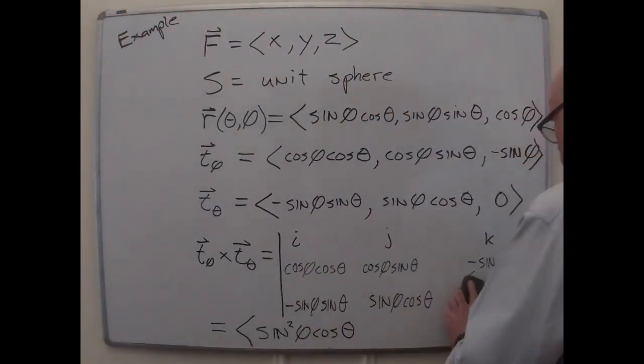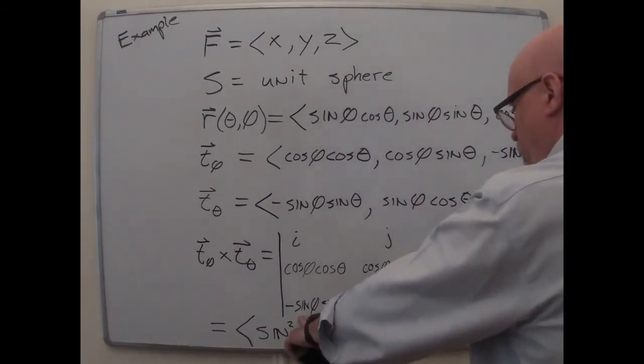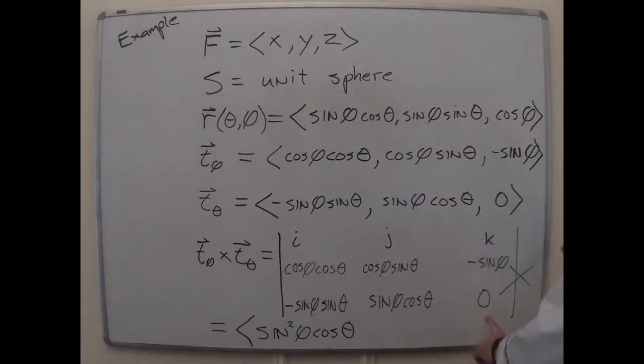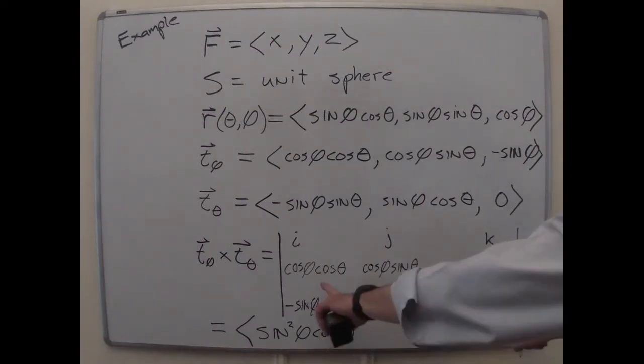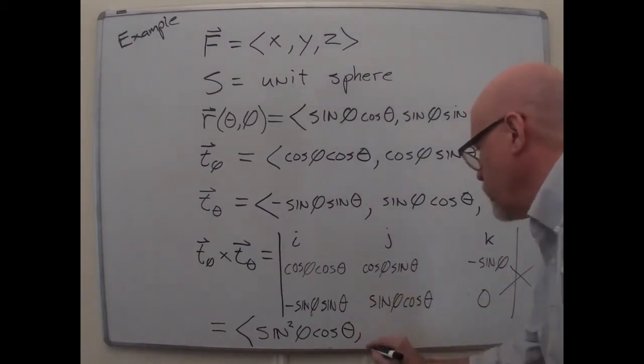You get the j component, this is the one where you go around the edge. So it'll be minus sine phi times sine theta, and then minus 0 on the other direction, 0 times the cos phi cos theta. So the two minus signs cancel, and we end up with sine squared phi